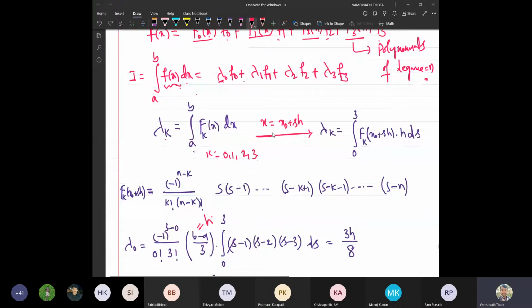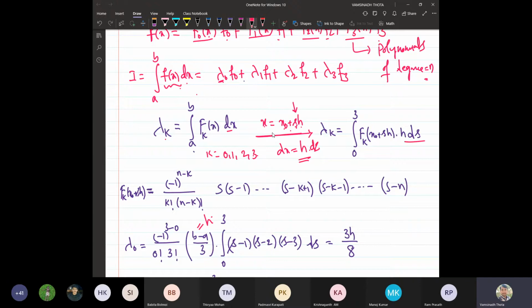Okay. So I have used the transformation here. The variable x is transformed to another variable s, where x0 is the initial point of the interval, that is a, fixed, and h is the length of each subinterval, so that is also fixed. So s is the variable. So if I use this transformation, what I will get here, first thing, dx will be equal to h times ds, right? So dx is replaced with h times ds.